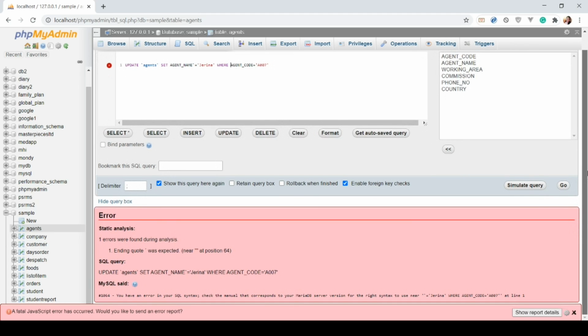Yeah, so if your SQL command is not correct, you will see an error message here that says ending quote was expected near position 64.